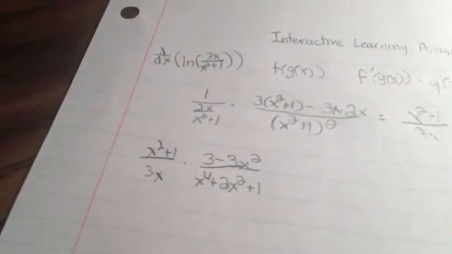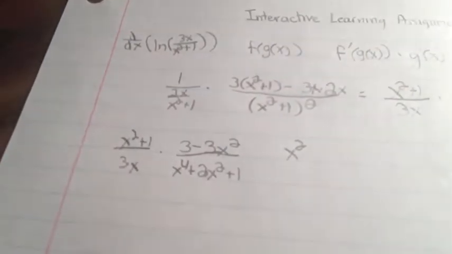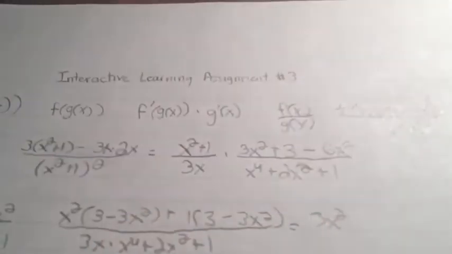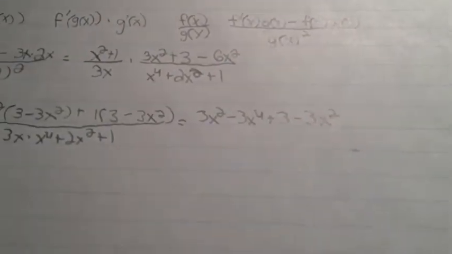So it's going to be x squared times 3 minus 3x squared plus 1 times 3 minus 3x squared over 3x times x to the 4th plus 2x squared plus 1. So this is going to equal 3x squared minus 3x to the 4th plus 3 minus 3x squared. Oops, sorry about that. 3x squared